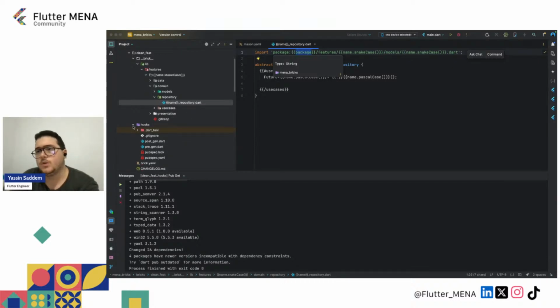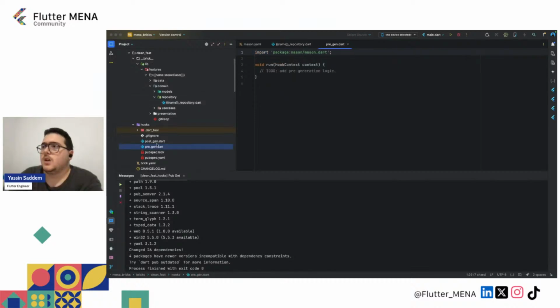We do not want the user to, let's say, enter this package. They can make mistakes and it will generate a wrong result. So we will do this in the pre-gen file, and